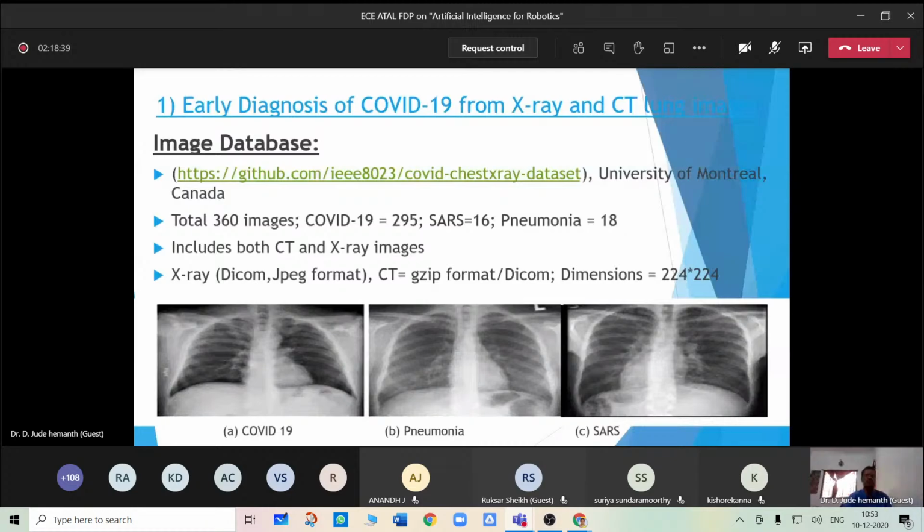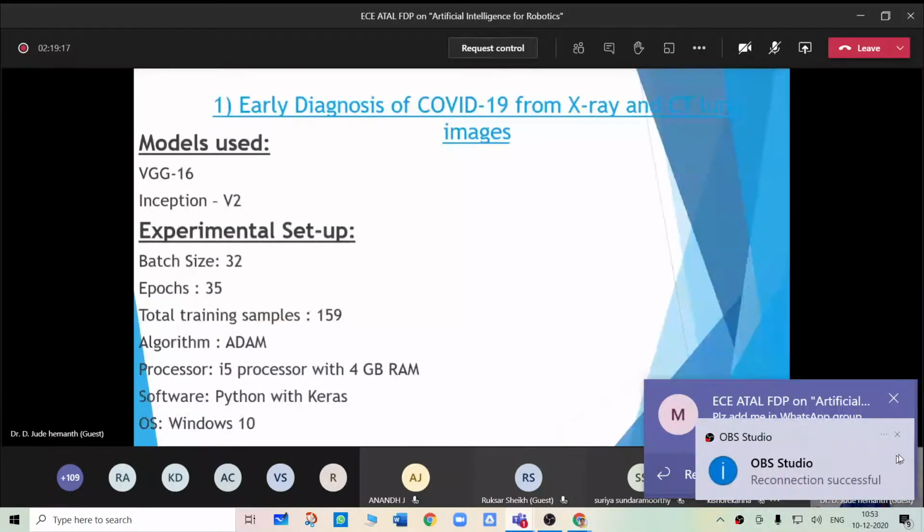So in complex situations, don't think that because people are now moving towards deep learning, I also will go to deep learning. When you write a research paper, try to give the